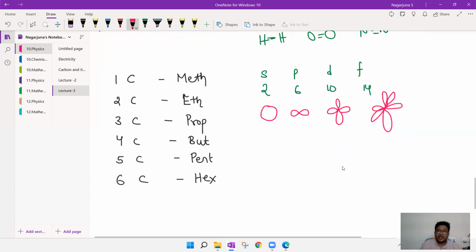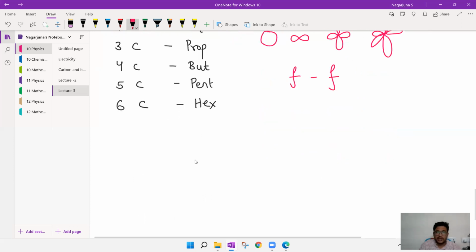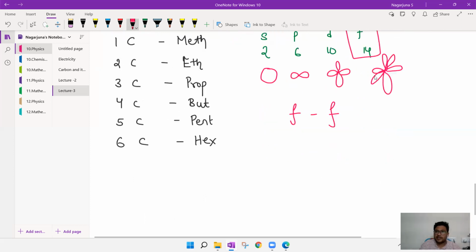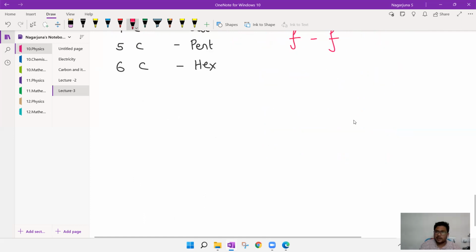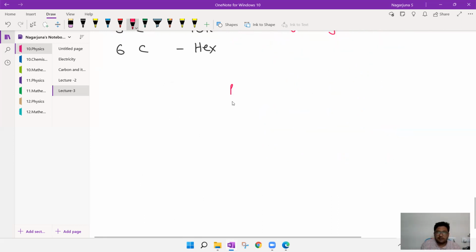Okay, now what is the highest count of electrons in an orbital? Means f. Now let us consider f orbital and f orbital both are combining together. What is the shape of f orbital? I said it is triple dumbbell. We don't have any other orbital, na? S orbital with spherical, p orbital with dumbbell, d orbital with double dumbbell, f orbital with triple dumbbell. We don't have any 4 dumbbell something. f is the last. Now consider f orbital and f orbital both are combining.